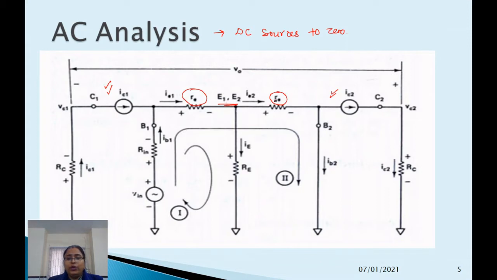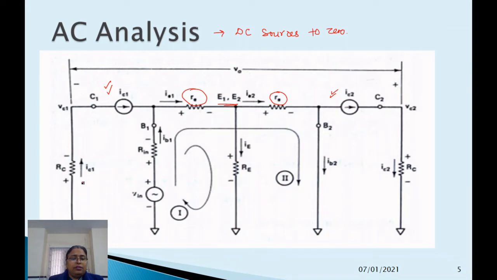As we know, Q1 and Q2 are exactly equal to each other, I mean in the values of their parameters, we have to take these two transistors exactly equal to each other. This is the first and foremost condition of any differential amplifier, that is, the transistors being used in the circuit should be exactly equal. All the parameters, temperature, beta, alpha, all the parameters of both the transistors should be exactly the same.